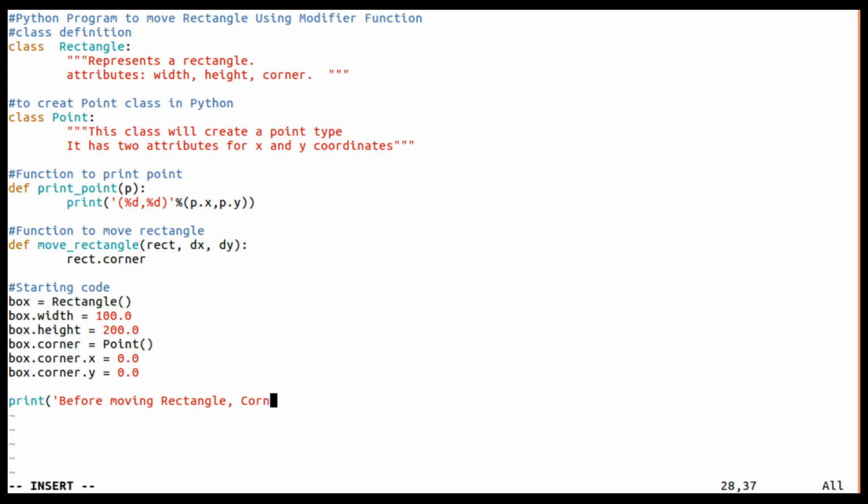Corner point is at, end is equal to, and let me print that, print underscore point, here corner point. Later I'll complete this code. First this much only I'll execute and show you.